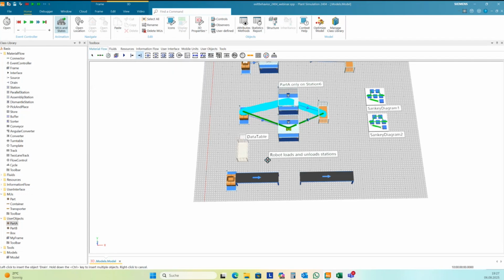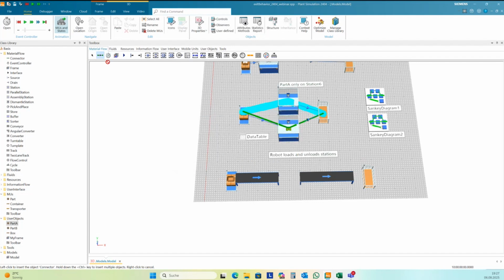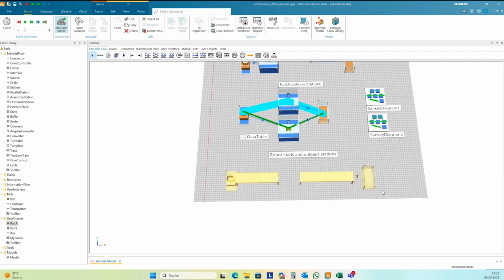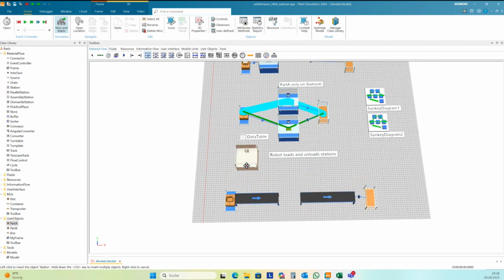I need a drain. Station, and I need a pick and place robot.